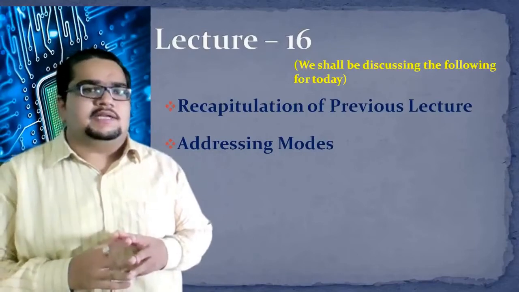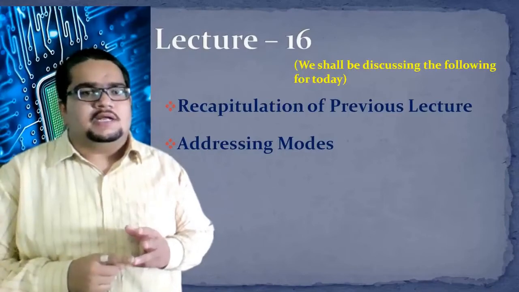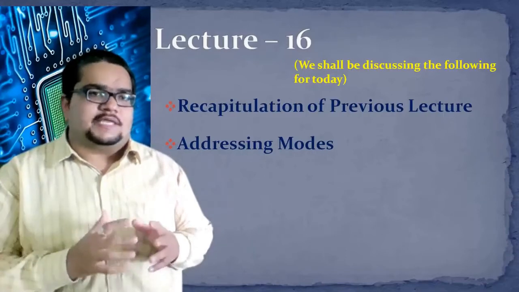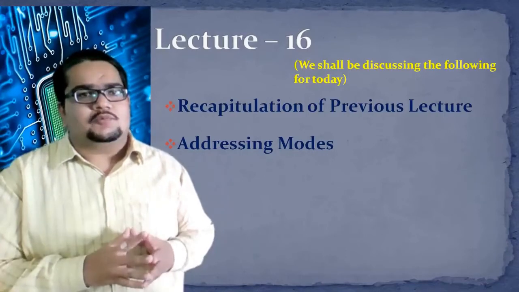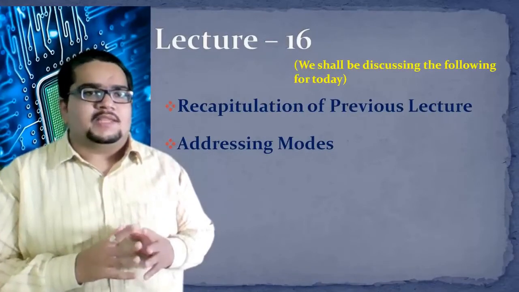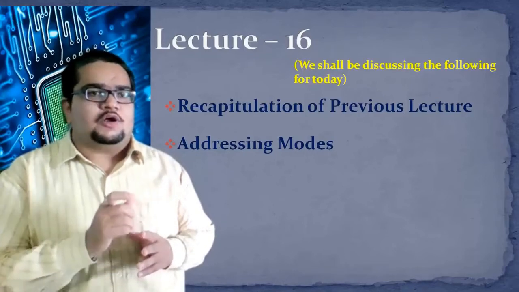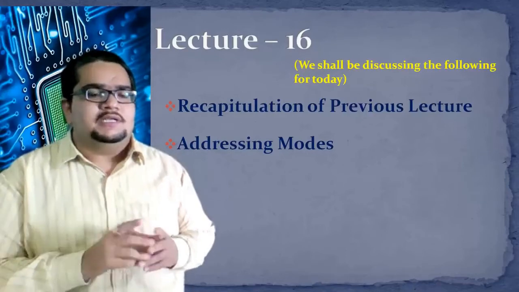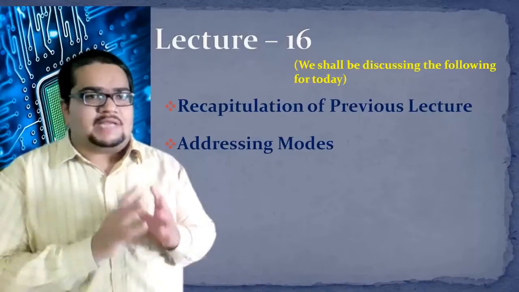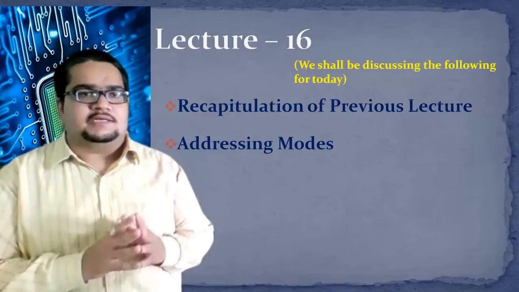Majorly, in general, there are three different addressing modes available in the assembly language. That is, either you just write your data into the instruction itself. That addressing mode is called the immediate addressing mode. The other two addressing modes are direct addressing and indirect addressing. In the direct addressing, we'll be having a location of the data given inside the instruction, and from that location the data can be accessed easily. So directly the location of the data will be accessible in the instruction. That is the direct addressing mode.